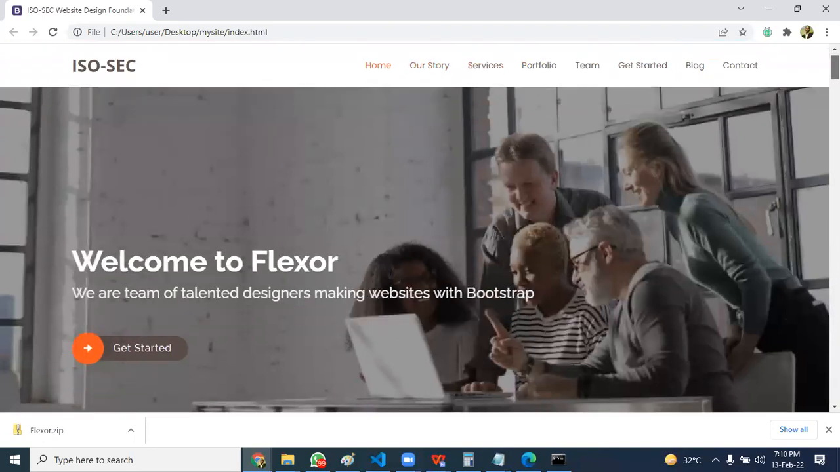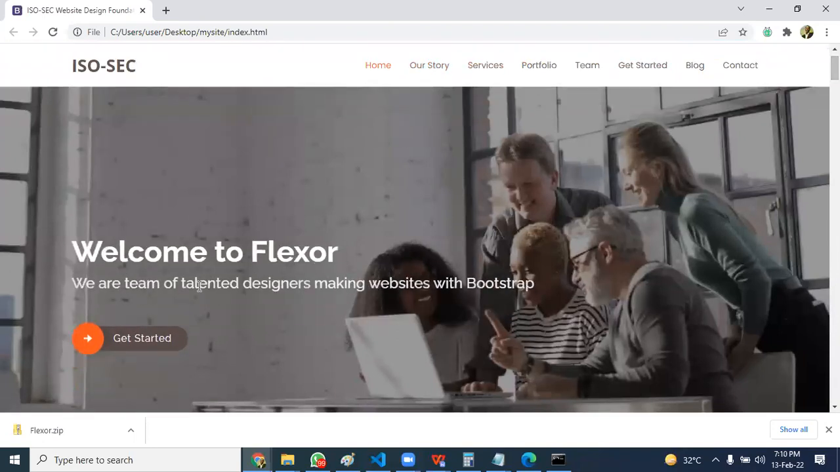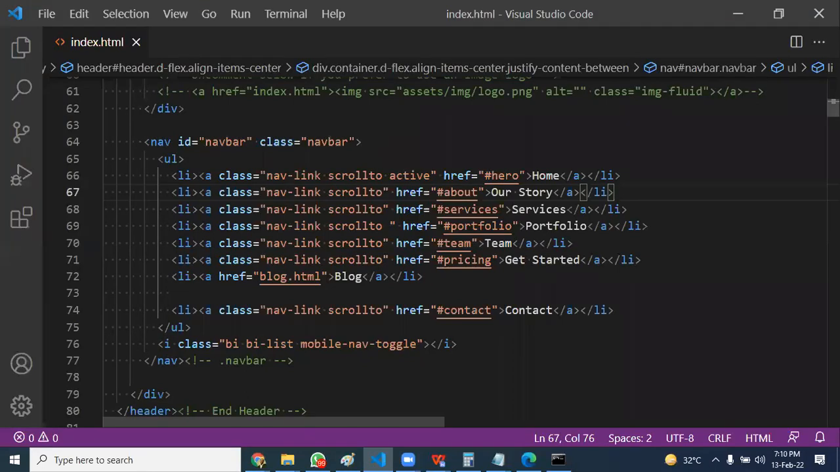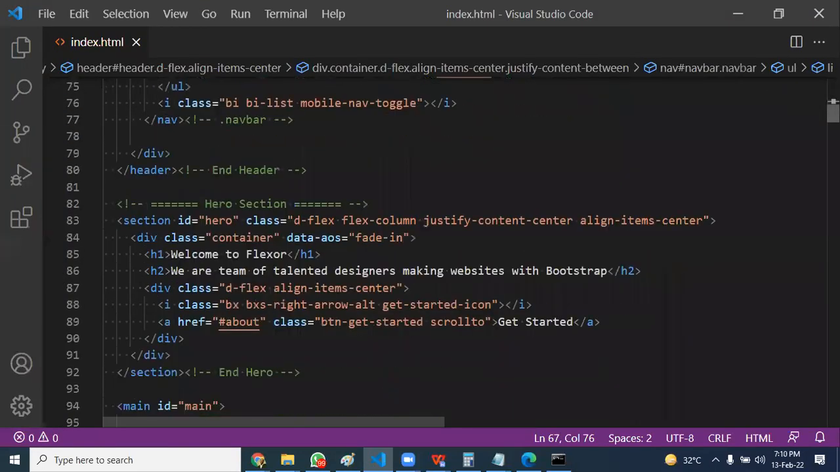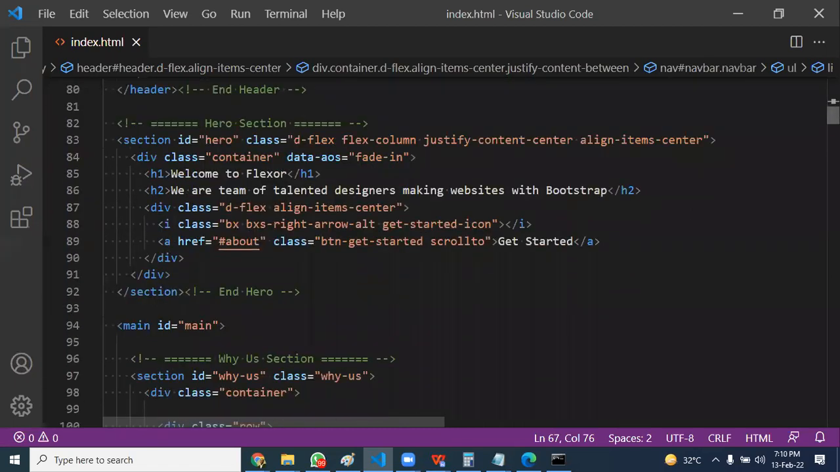So the next thing I have here is welcome to Flexor. We're a team of talented designers making websites with Bootstrap. So I'll go to the next section. If you use Bootstrap templates, with time you get to understand how this template is built. Most of them look similar. So if you work with one, it's easier for you to work with all the about 80 templates you have there. Welcome to ISOTech